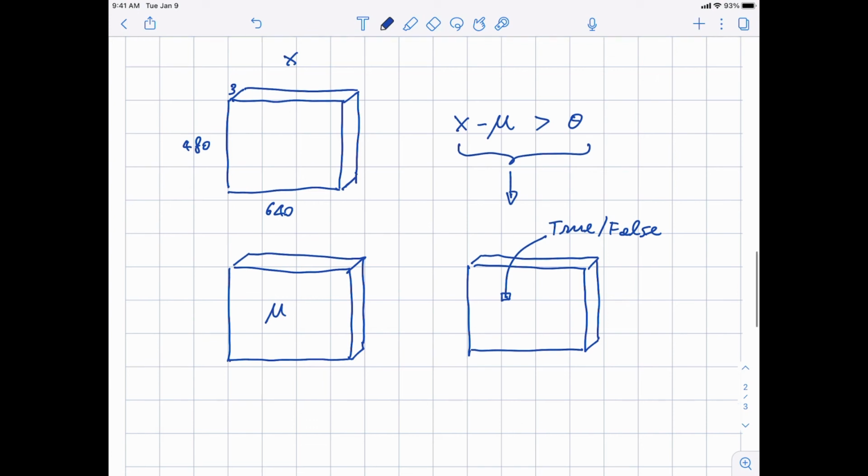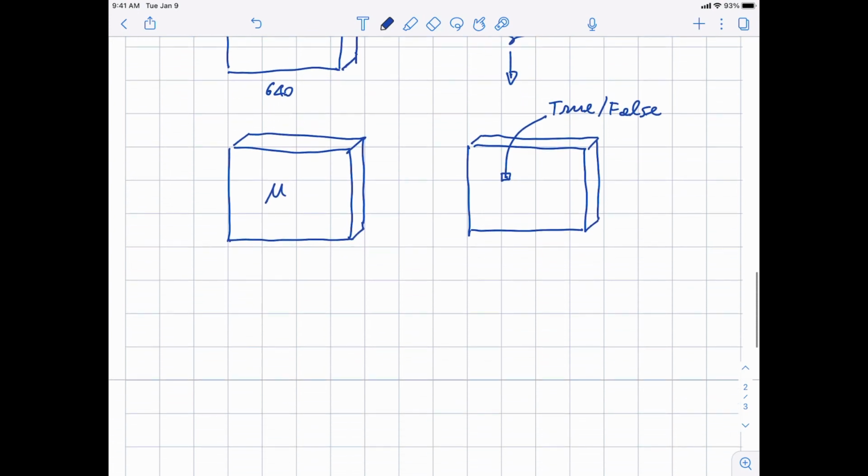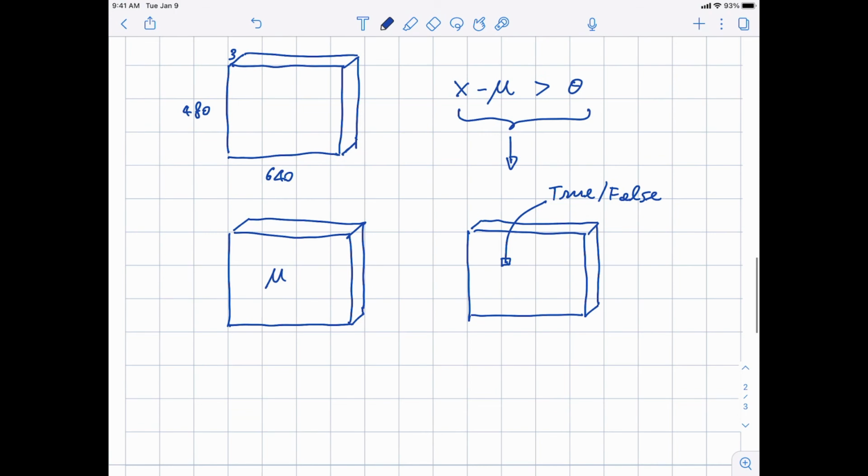So now the problem you face is actually not very complicated. This Boolean matrix here has, again, like everything else, size 640 by 480 by 3, because everything has that size. But the motion you want to detect is only 640 by 480. So the idea that I tell you to use is this.